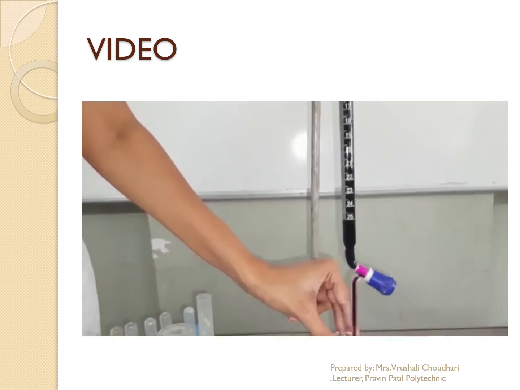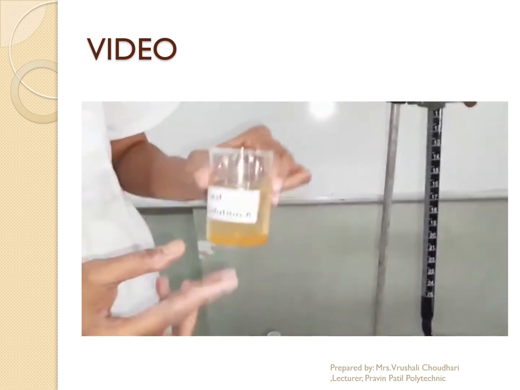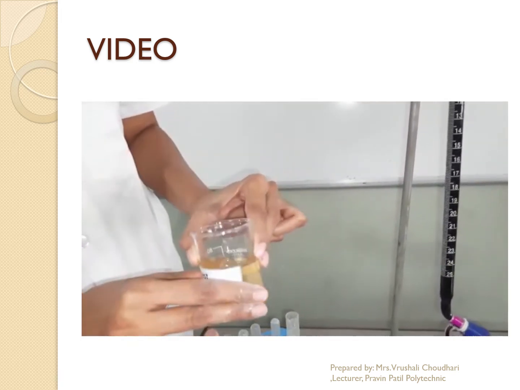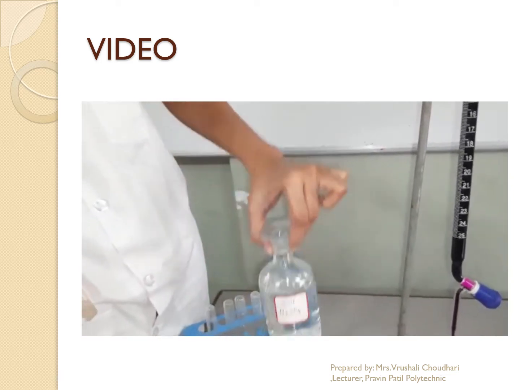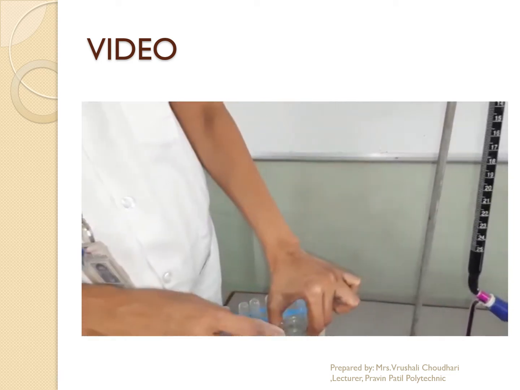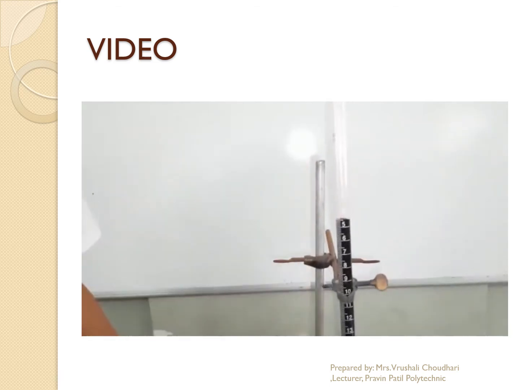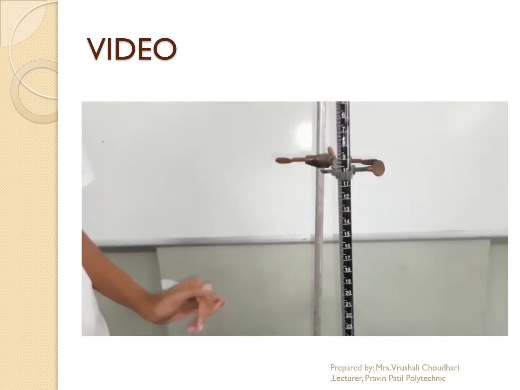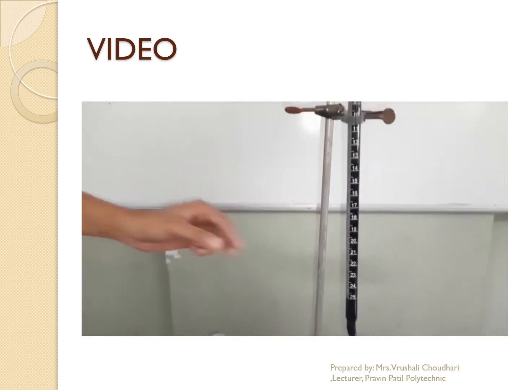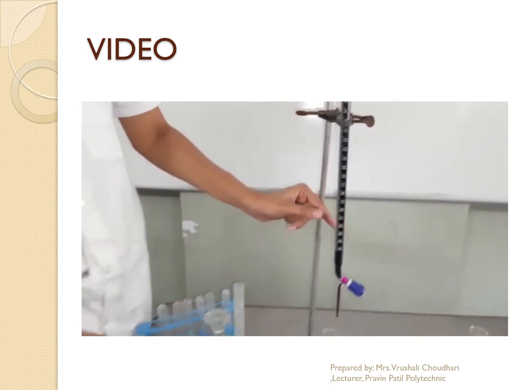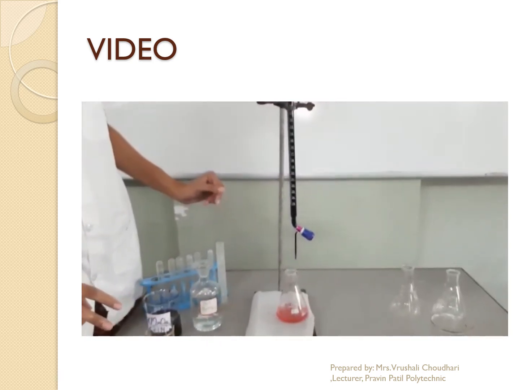Similarly, we are going to take 3 more readings with 25 ml of test solution A and 10 ml H2SO4. Again we are going to fill the burette. We will take a total of 3 readings to get the constant reading, and after that we are going to perform the calculation. Thank you so much.